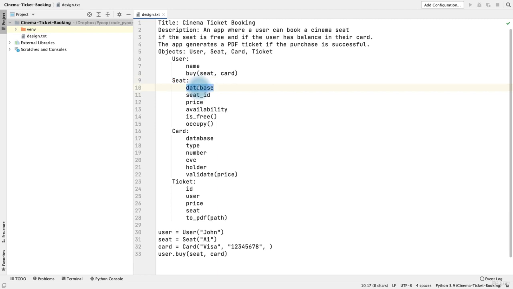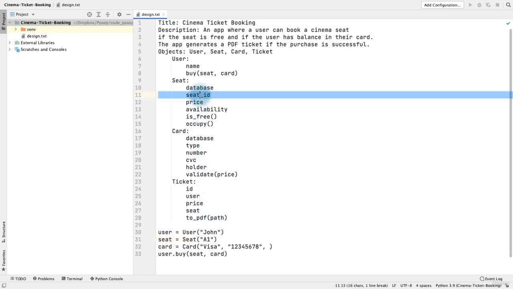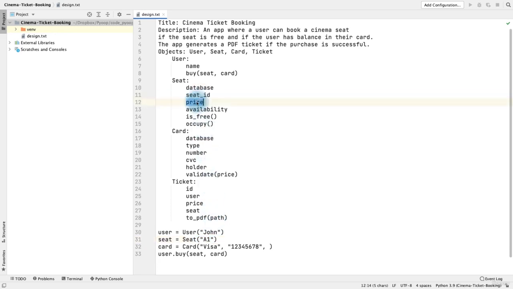It shows the path to the cinema.db database, and then we have the seat ID. So when we instantiate the seat, we're going to have the seat ID and the price of the seat, which actually is not going to be passed here as an argument